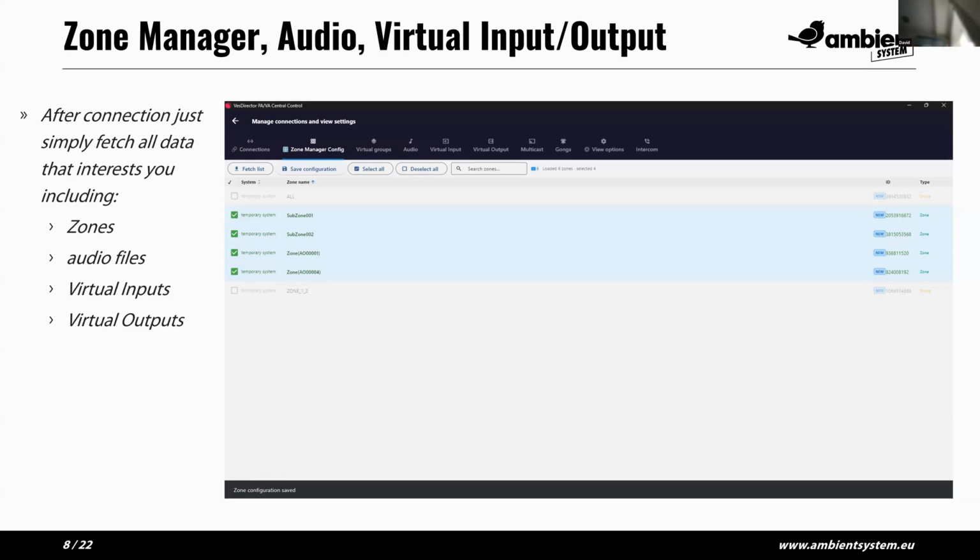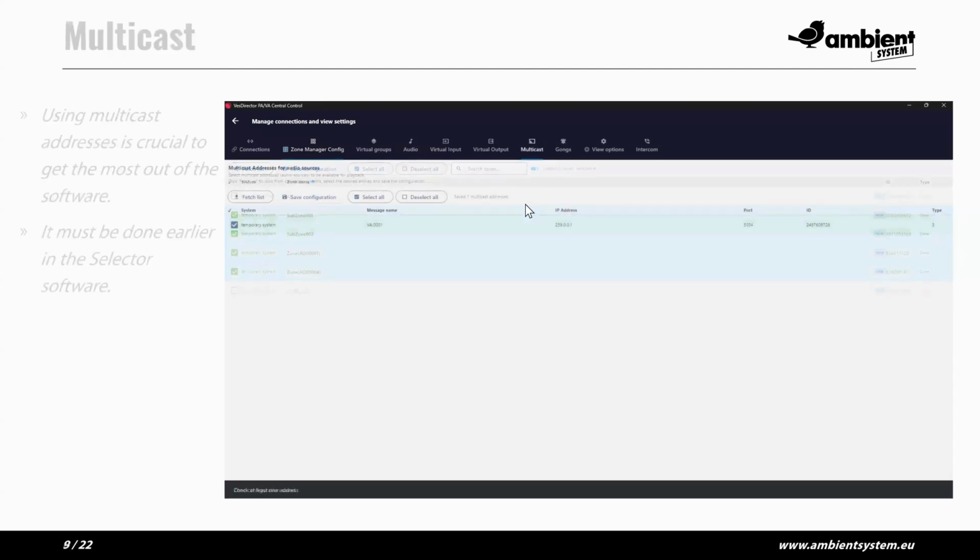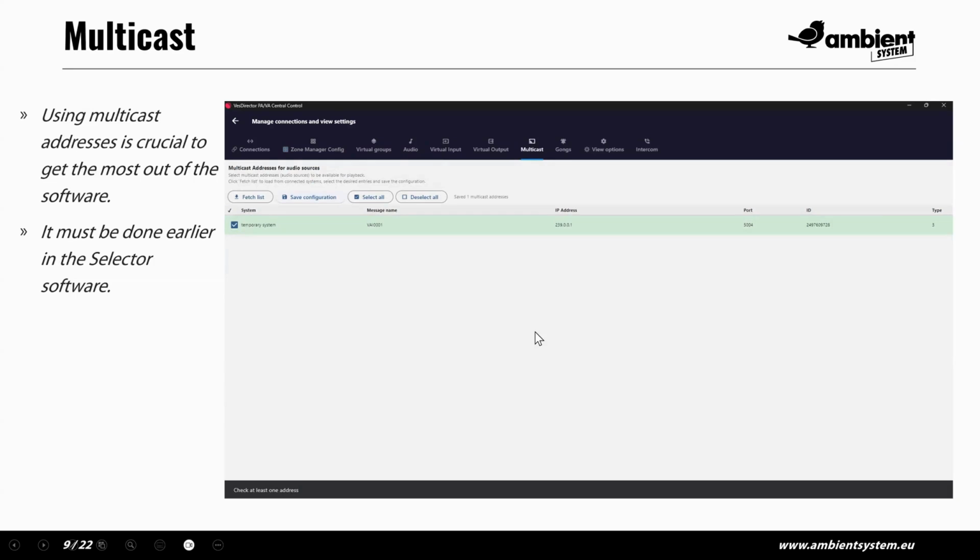And what you can fetch is zones available in the system, audio files. Audio files, it's basically everything what is stored in the internal memory of the system, including virtual inputs. You can fetch virtual outputs, and what's one of the most important elements is the multicast. So multicast, this is the